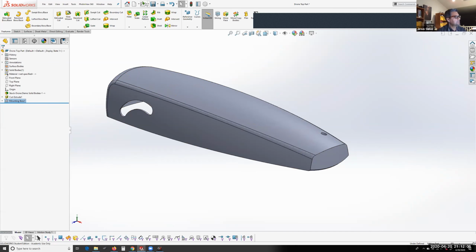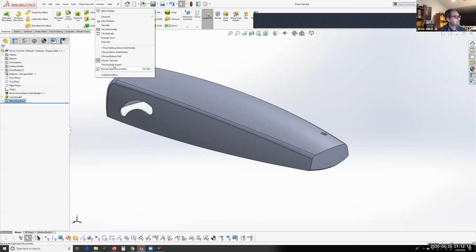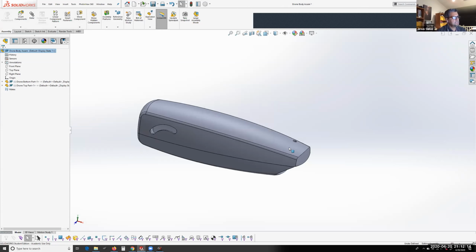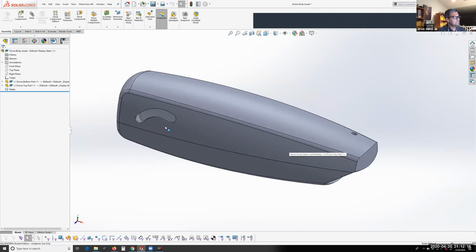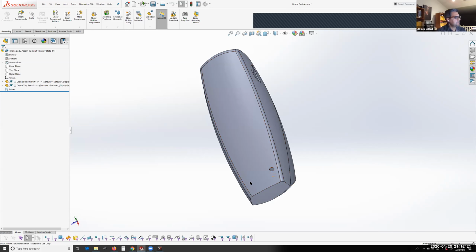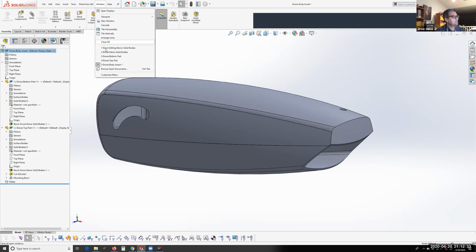But if I look at the original part, I'm going to hit save, and I look at the assembly. If I look at the assembly, I say yes on that. So the assembly part, you can see that it has those changes. It has the mounting boss up here. I can look at the part here, and you can see that it has the cut extrude and the mounting boss feature there. But if I go backwards,